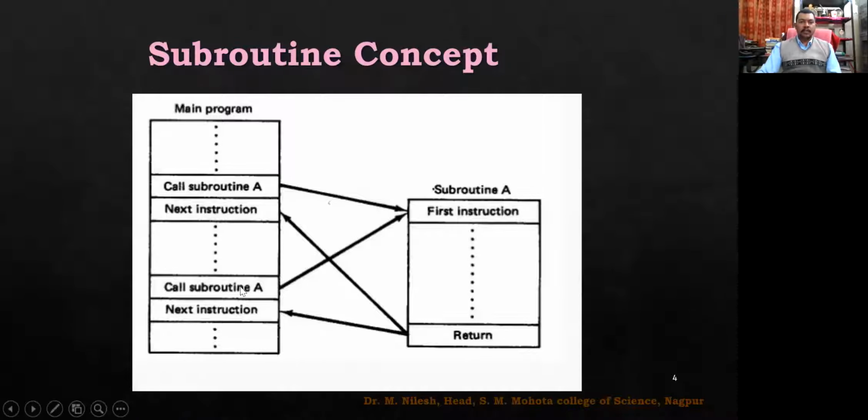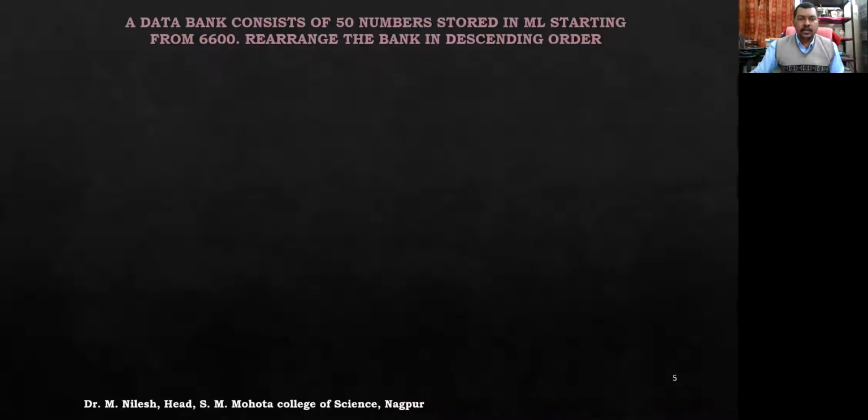So we'll have a main program and then a subroutine. The main program is going to detect the largest number over there, and then that number is replaced by the smallest number. That is what we are expecting to do today. So this is the chart, and this is the program.